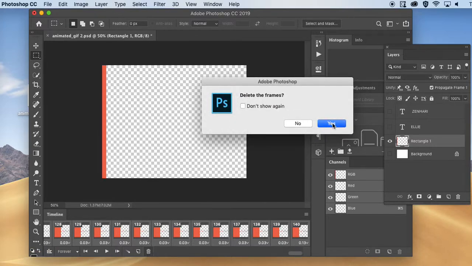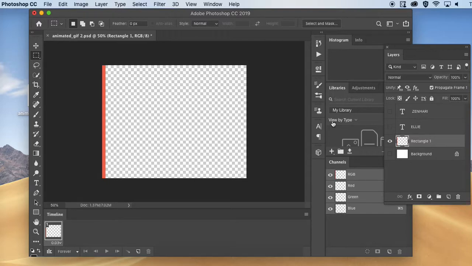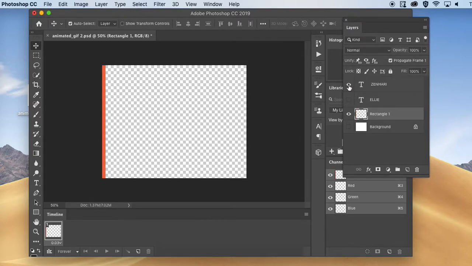The reason I'm showing you this is that once you make an animation, you can always go back using the timeline, go back to the keyframe, and modify your animation. So right now I have basically this one frame. As you can see, there's a tiny piece of the orange here. The way animated GIFs work is that if you turn on the actual layers, they become visible and start to get recorded, and when you turn them off, that means they are no longer being recorded. Once I delete everything, or if you want to go back and modify things,